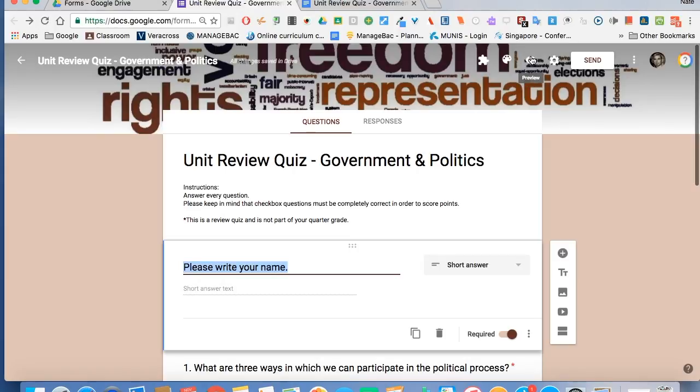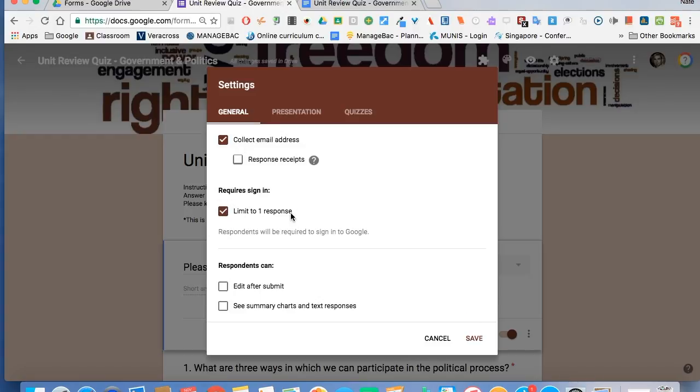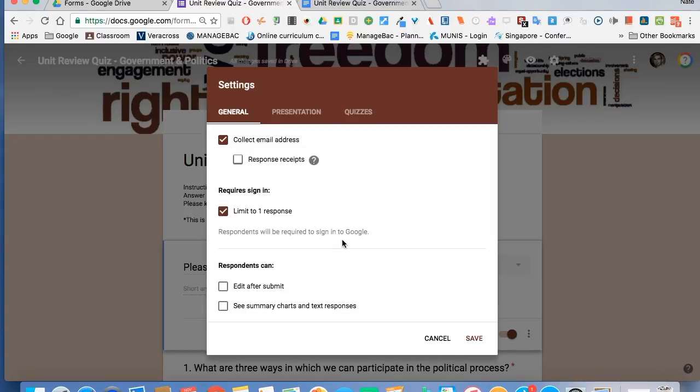Instead of formatting and using add-ons, I'm just going to go up here to the settings gear. I'll click on that, and I'm going to click here to collect email. I'm going to choose one response per student, but you could allow them, if you want, to go back and answer their questions. Respondents can edit after they submit, see a summary of responses. I don't want them to see a summary of all the other responses, so I'm going to click that,